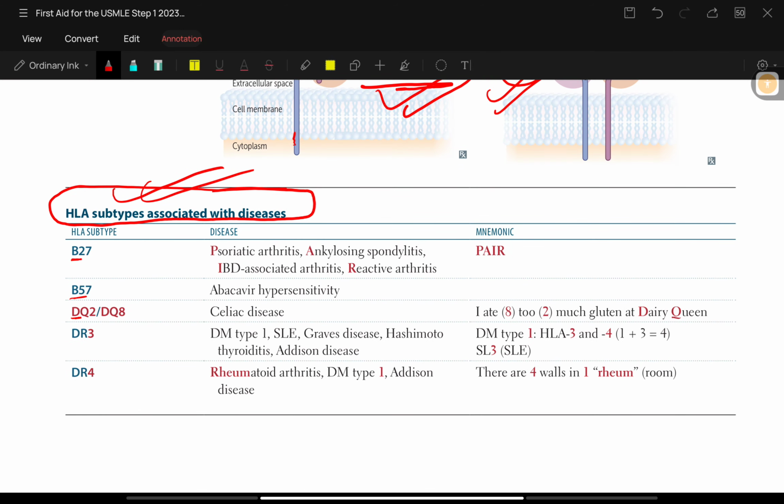So diseases like this show MHC class 1, and these two letters consist of MHC class 2. Now diseases, that is psoriatic arthritis, ankylosing spondylitis, and